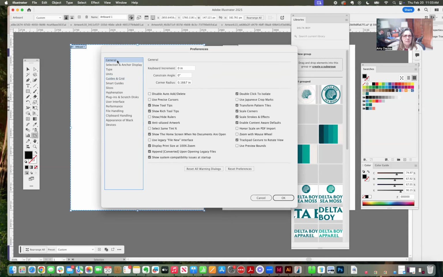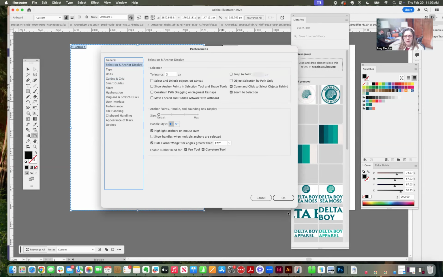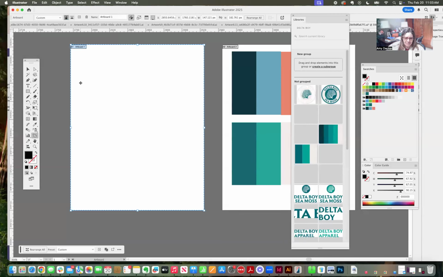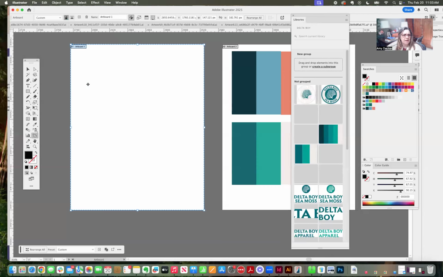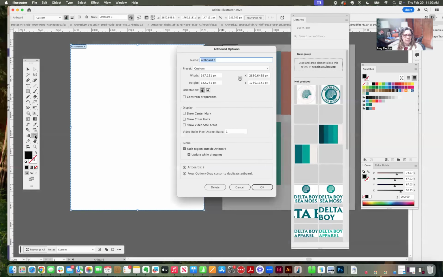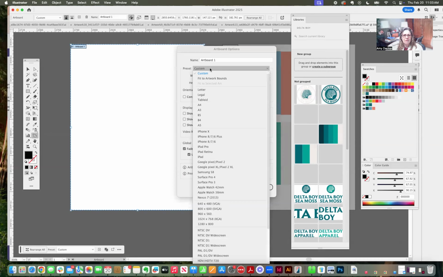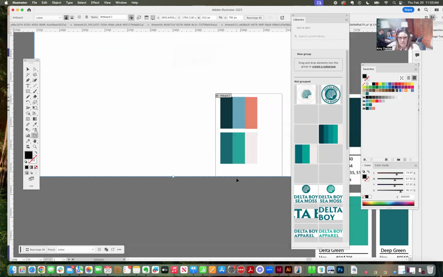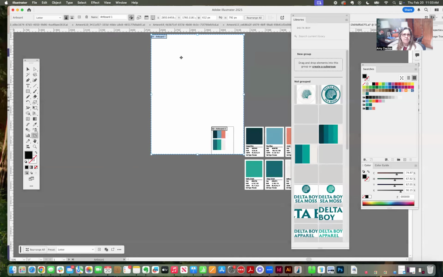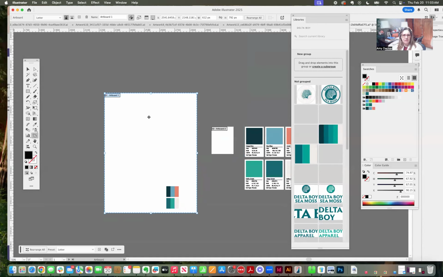Okay. Where's my ruler? Yeah, it is in pixels. Isn't it? Okay, so I just made it an 8.5 by 11